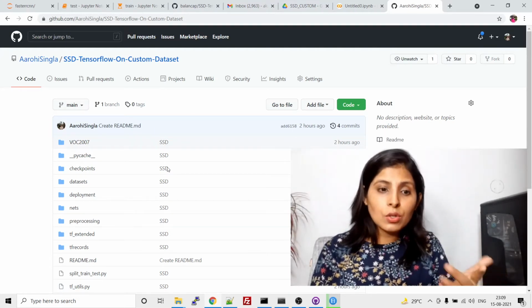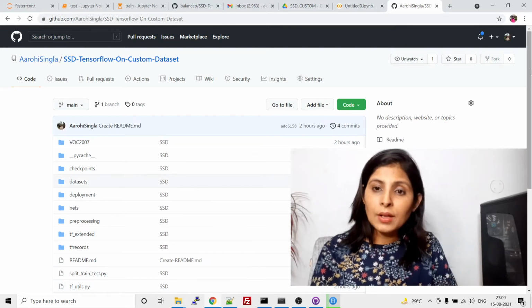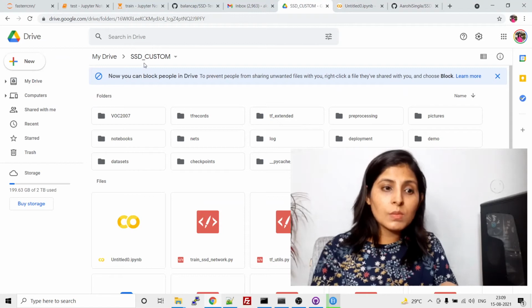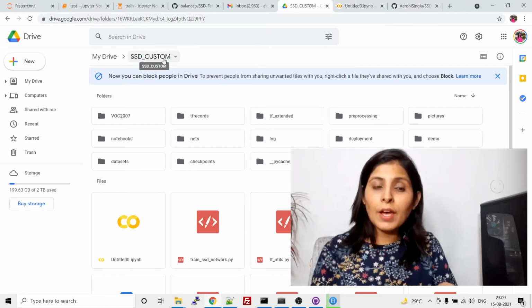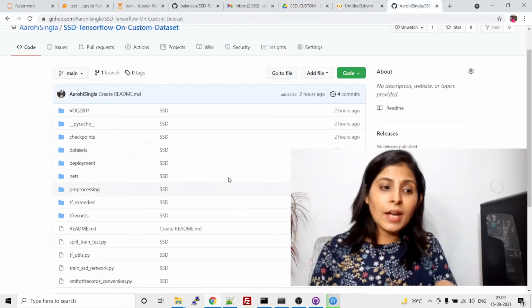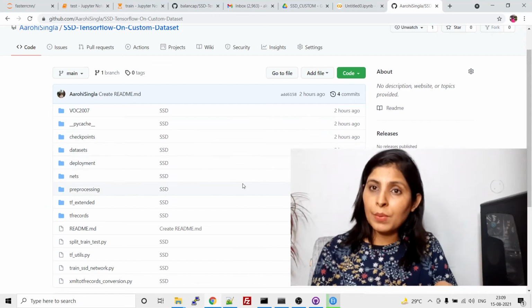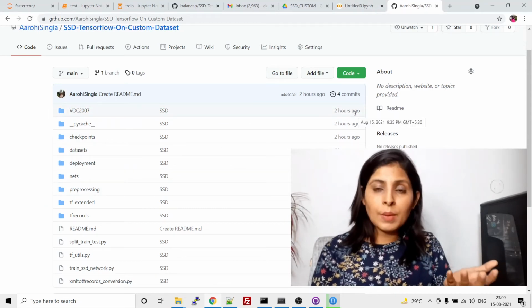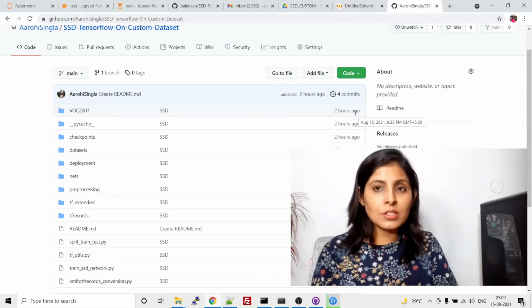This whole code you need. I have a folder in my drive with the name SSD custom. Inside this folder I have all the files and folders from this GitHub repo. Again, the link of this GitHub repository is given in the description section. You can take it from there.